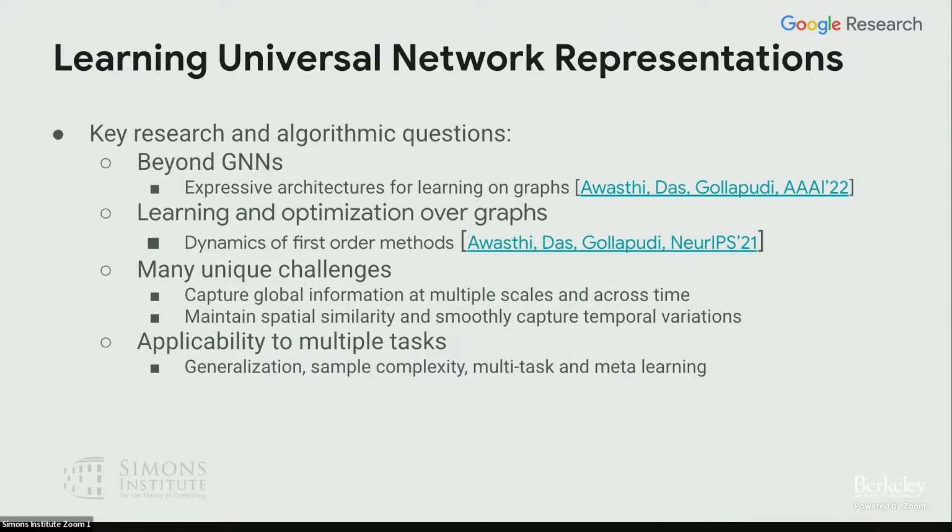And then finally, unlike say the distance oracle kind of settings, here the other key requirement is that they generalize to multiple tasks, right? So you would like to be able to answer shortest path queries. You should be able to use it for predictions, ML models for predictions in speed predictions, for example, event predictions, traffic jams and such. But it should be exactly the same representation that could be used for all these applications. So that's another important criteria here for problems in the space.